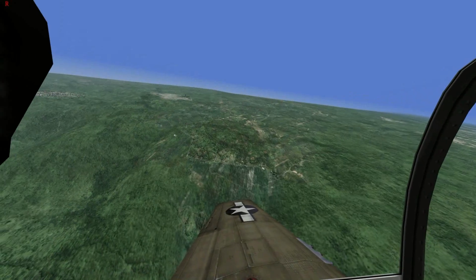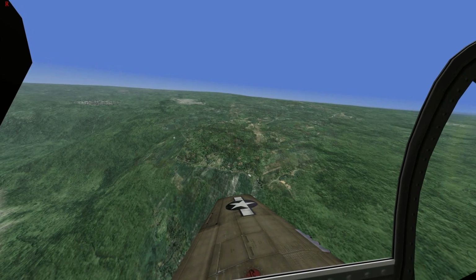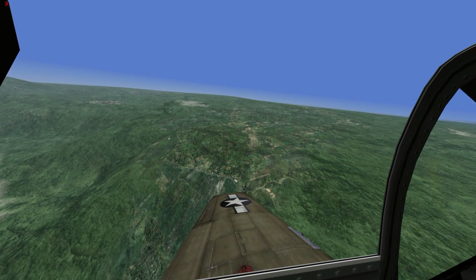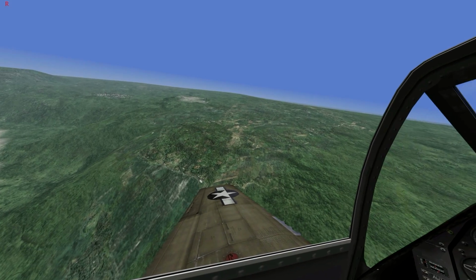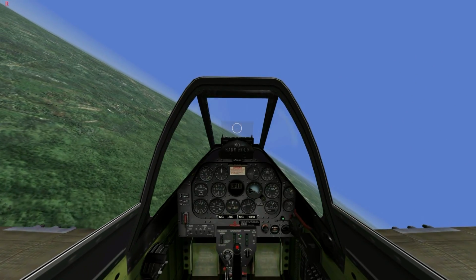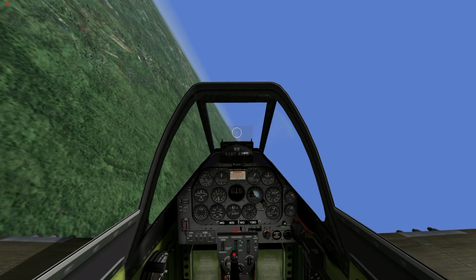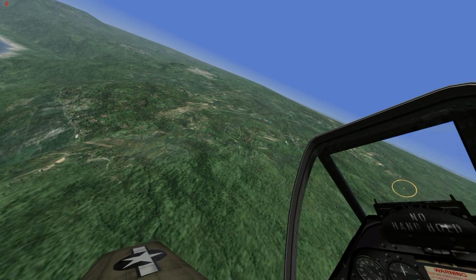Landing is more difficult than taking off, but again, with a little practice, it will become second nature to you. The first things you need to do to land is lose some speed and altitude. So start by pulling your throttle back and dropping some altitude. The target speed you're looking for is roughly 200 miles per hour. At this speed, most planes can start deploying their flaps and landing gears,